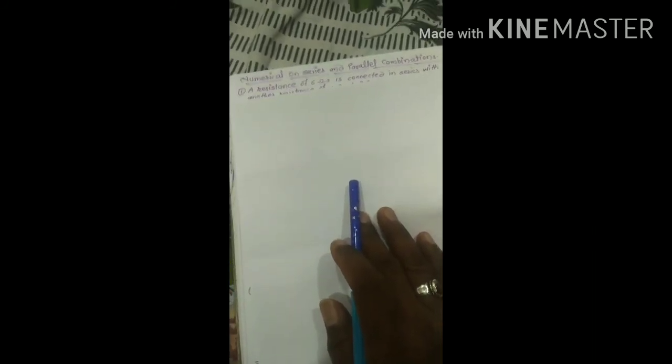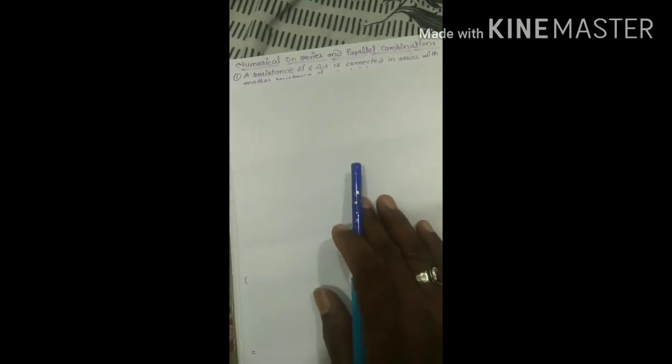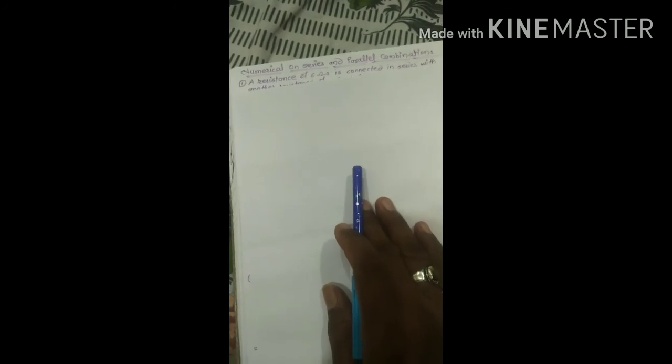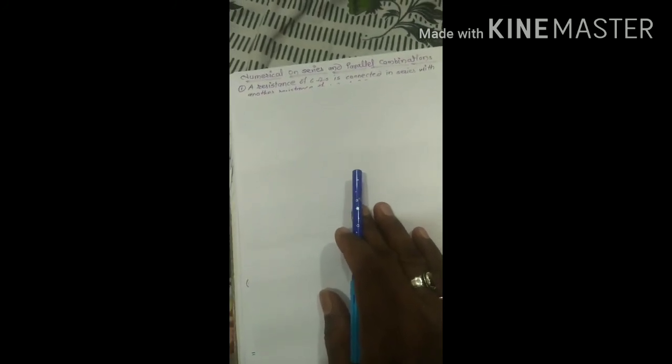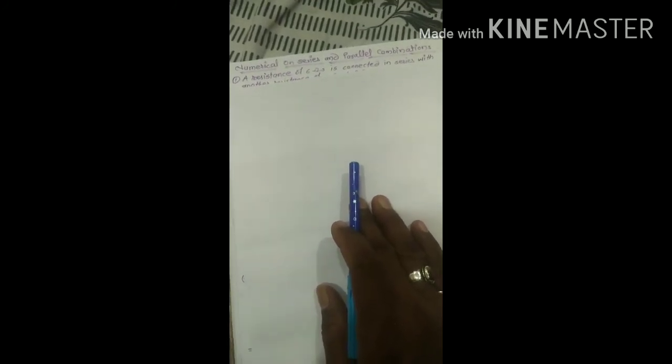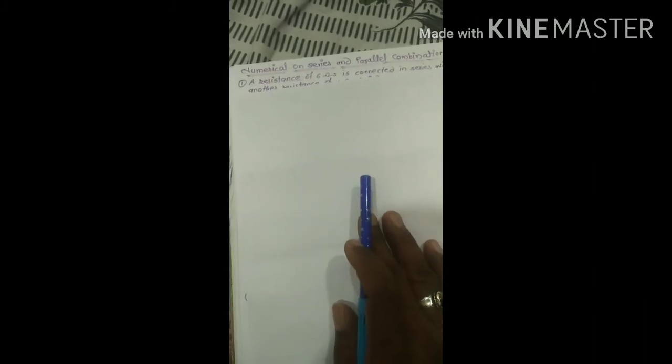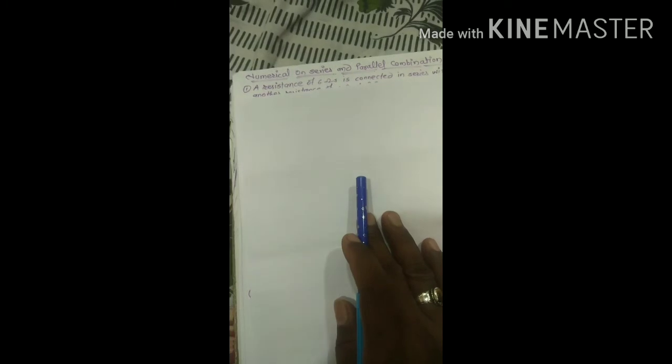So now in this video we are going to discuss how to use the expressions we found for series and parallel combination to solve numericals. For that purpose we will take one example. So first example for that,